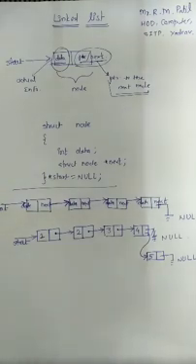Afterwards, the second advantage is efficient memory usage. Here the memory is not pre-allocated, because we are going to use the concept of dynamic memory allocation. It means that at the time of execution, the memory is going to be allocated. So the memory is allocated whenever it is required, and it is deallocated whenever it is no longer needed.